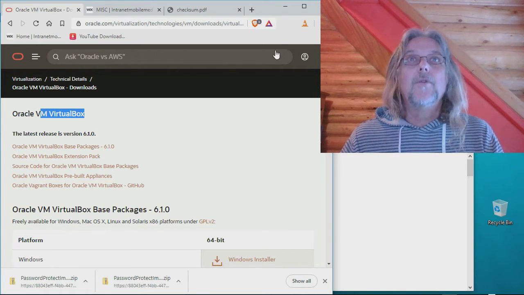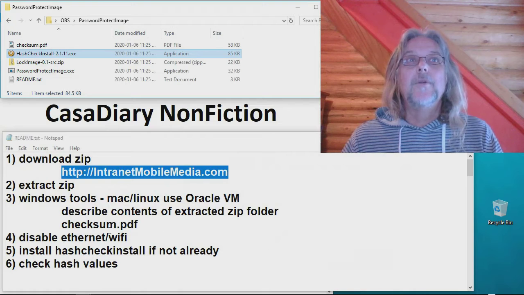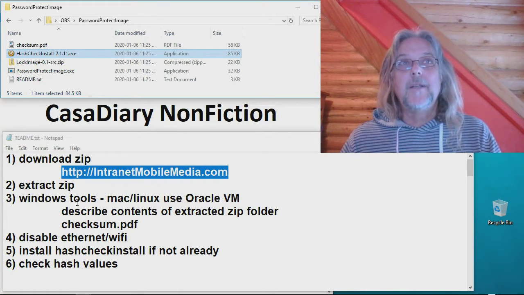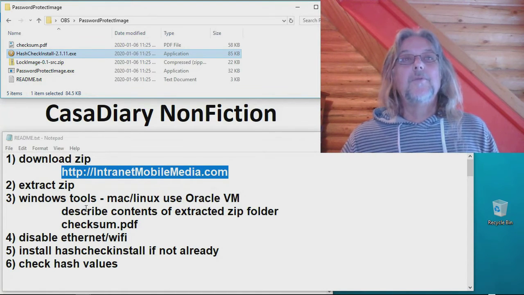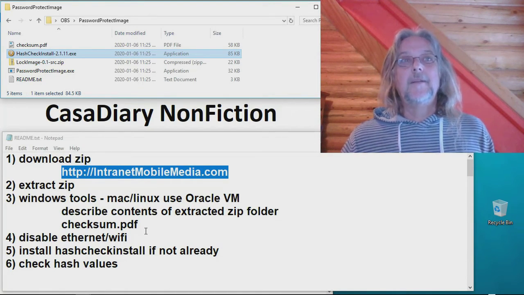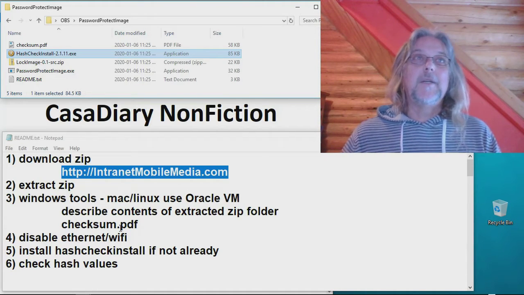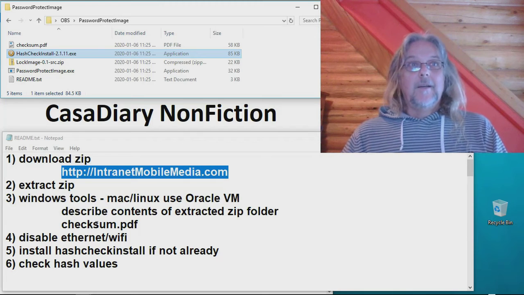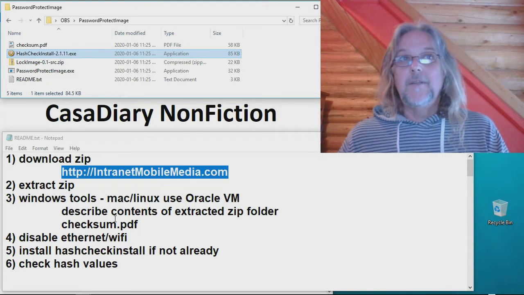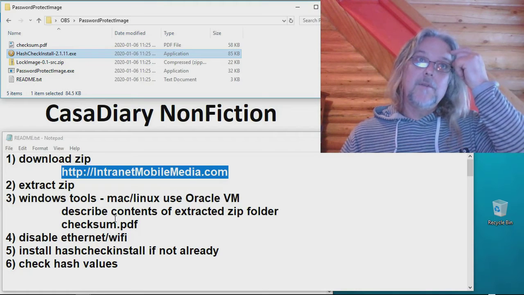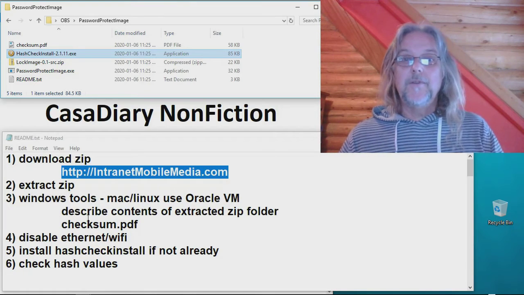So, we downloaded the zip, extracted the zip, I described what the contents were, and told you where to get the Oracle VM. So we're good to go. Now we're set, but you haven't done anything yet. You haven't installed anything yet. So before you do anything, the first thing you want to do